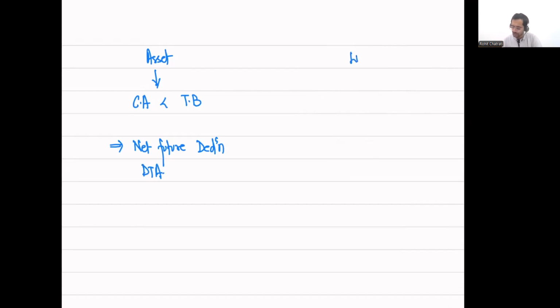On liability, if you recall, generally 99% of the times on liability, we end up having a deductible temporary difference only. But if I have to plot the rule down, I'm going to have a deductible temporary difference when the carrying amount is greater than tax base. All right, if the carrying amount of the liability is greater than tax base, then I will have a future deduction on which I will get a DTA. I will be able to claim a deduction in future, and therefore I will have to recognize a deferred tax